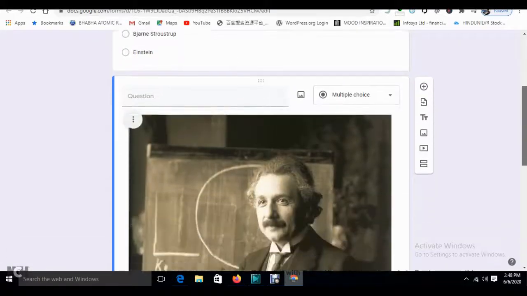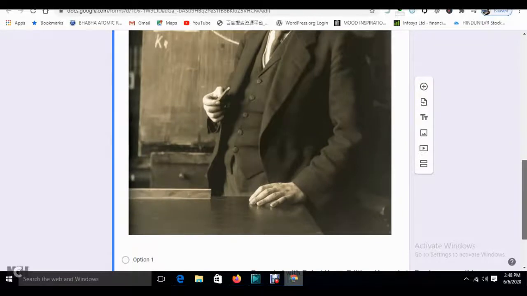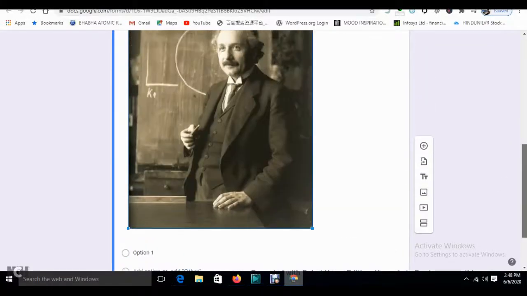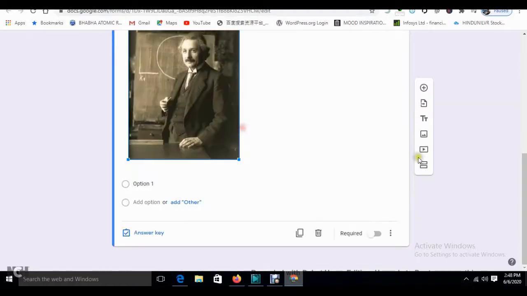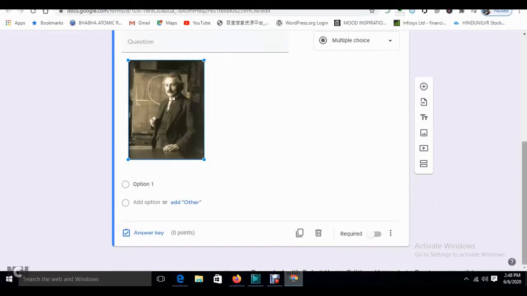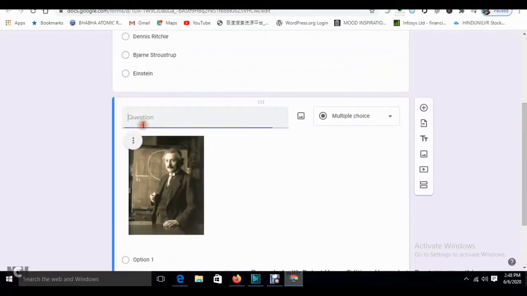See how much it came. So you can make it small by doing like this. Okay, now it's okay. And now I will ask: identify the personality, the person, for scientist.